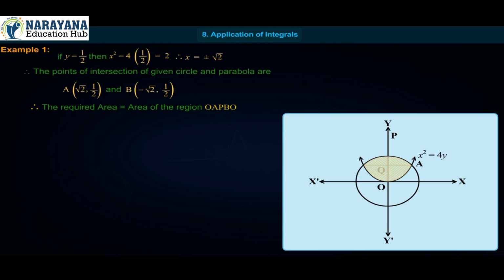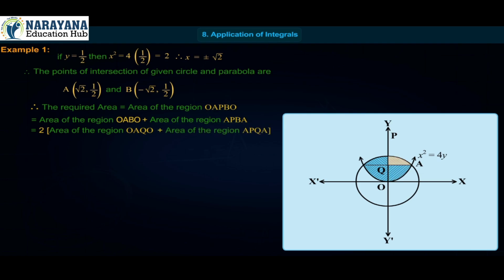Therefore, the required area is the area of region OAPBO, which equals the area of region OABO plus the area of region APBA, which equals 2 times the area of region OAQO plus the area of region APQA, which equals 2 into